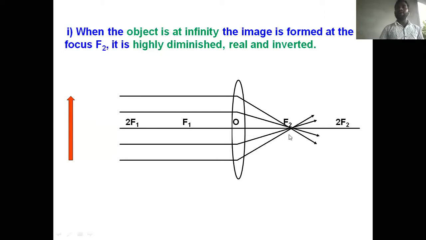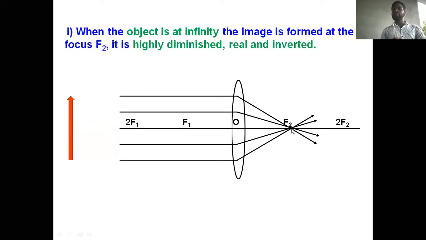And what is the nature of the image? Look here. This is a real image. Real image means we can obtain the image on a screen, or we are able to see the image on a screen. So that is the meaning of real. Inverted, what is the meaning of inverted? Inverted means left side is converted to right side and right side to left side, like we discussed in lateral inversion, or inverted means ulta. So we get the reverse direction. So here we are getting an inverted image.